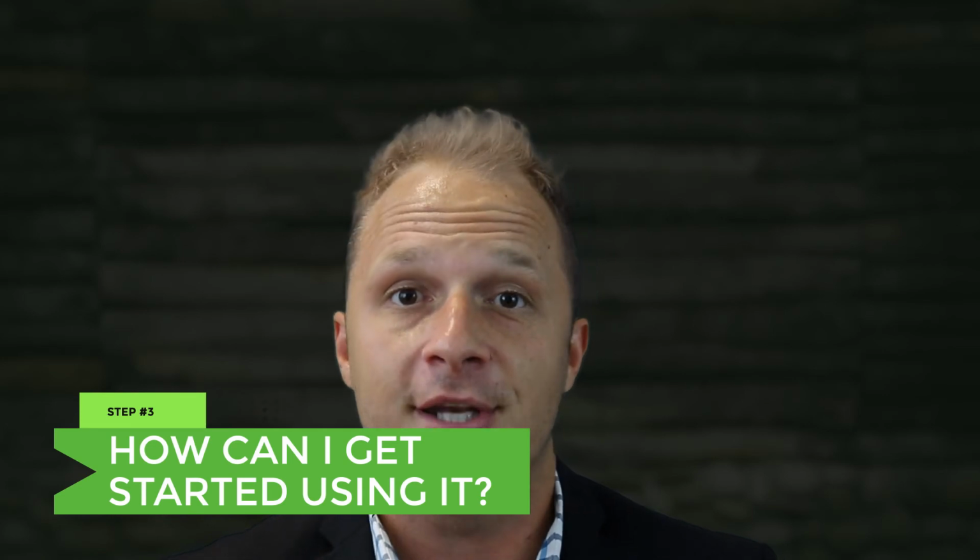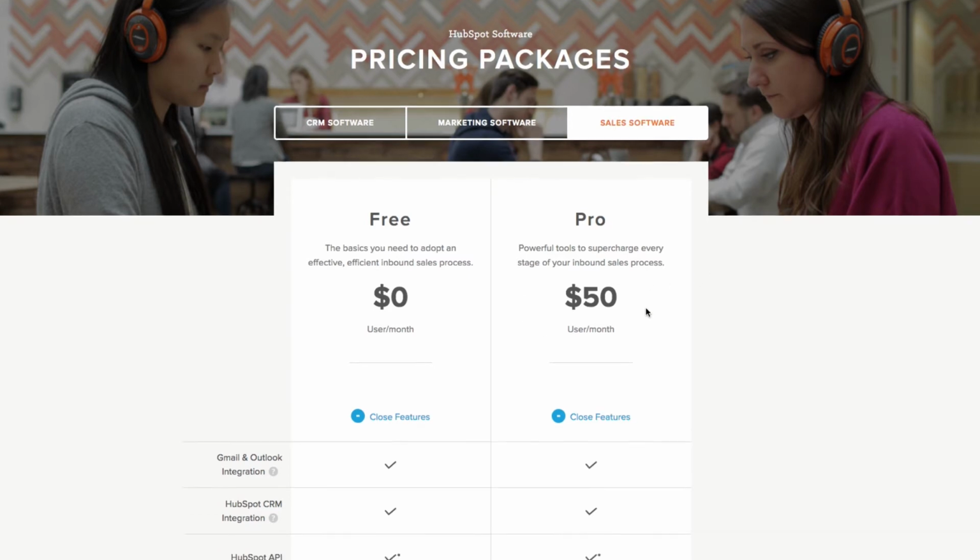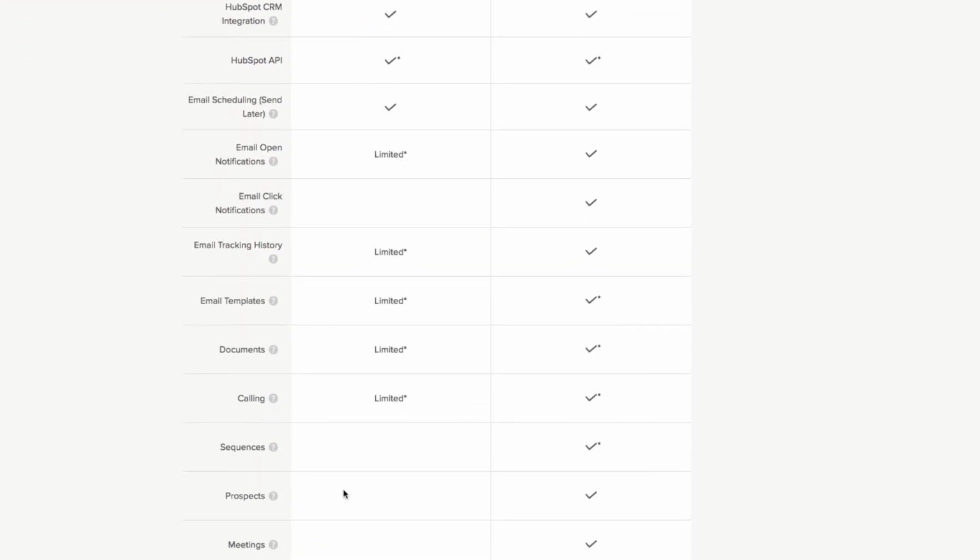So how can you get started using sequences? Well, first off, the HubSpot CRM tool, that's free, which is amazing. However, the sequences piece, that's part of an upgraded package called Sales Pro, which is only $50 per month per seat, and it allows you to have 1,000 different prospects go through sequences, so it's well worth the investment,